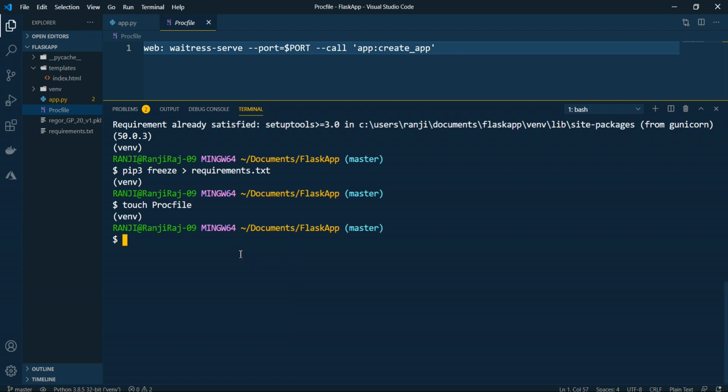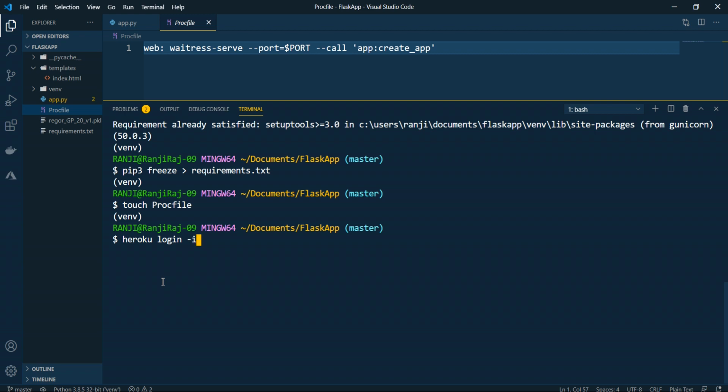Okay, so now that we have all these files, or the two crucial files, now is the time to log into Heroku. To log into Heroku, there are two ways, and on the official website you can see the different ways of how you can log in onto Heroku. So how do you do that? You write Heroku login, and mind you, for doing this you need to have the Heroku CLI installed and all the paths configured on your system.